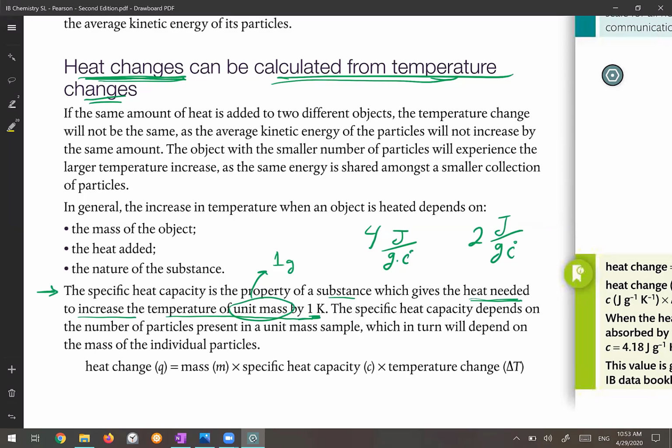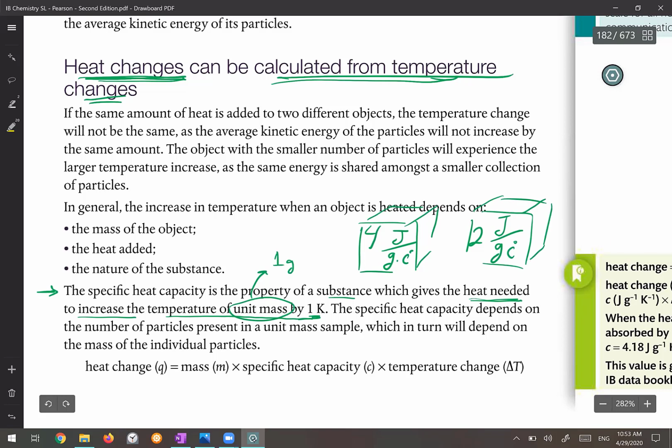Okay, so you have two substances. One has a specific heat capacity of 4. Another one has a specific heat capacity of 2. Yeah, it can be Kelvin, it can be the same. If you change the temperature by 1 Kelvin, it is the same as if you change the temperature by 1 degree centigrade. The change in temperature in Kelvin and degree centigrade are the same. Okay, so if you have two substances, their mass is the same, 1 kilogram, 1 kilogram, and